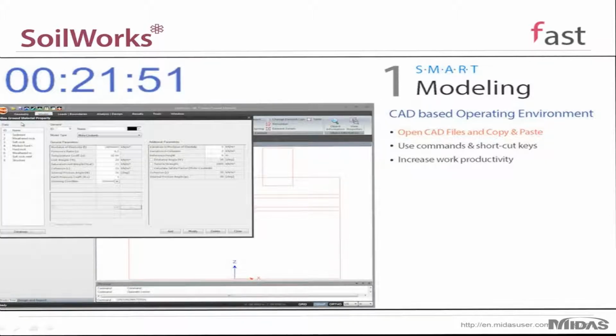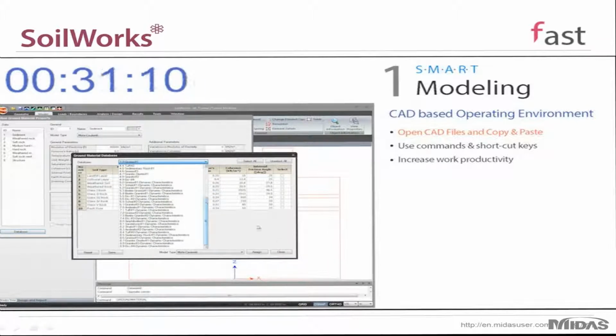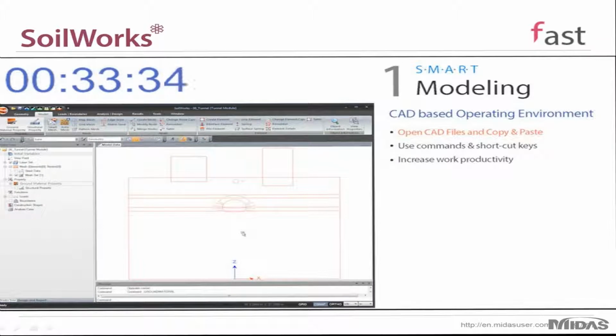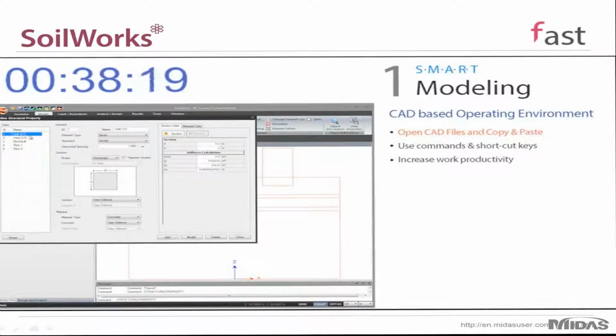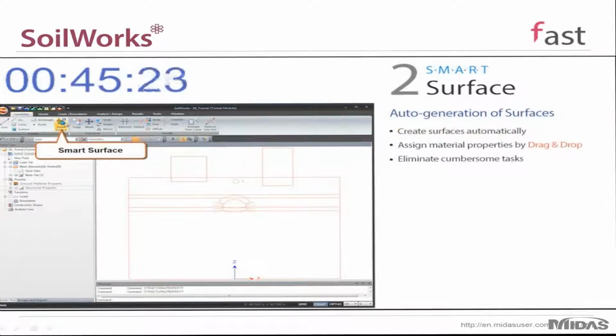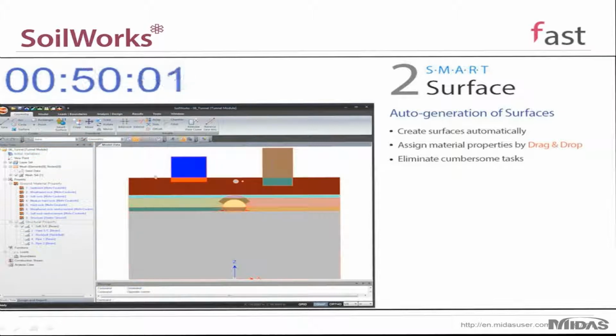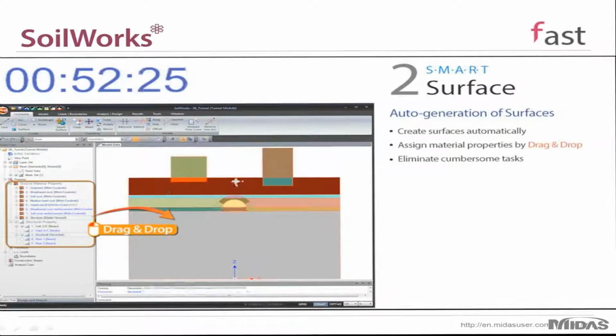Next, he'll be assigning ground material properties. As you can see, we have an extensive database of ground materials that you can intuitively choose from, and each material comes with its various properties. And if it isn't included, you can just input it in the database. And then structural properties. We also have an extensive database of various structures, their properties, and then section shapes and types for any kind of element that you'll be using. And then smart surfacing feature that allows you to just intuitively separate your surfaces, and then as you can see, the user is just simply dragging and dropping the material and structural properties onto the drawing.